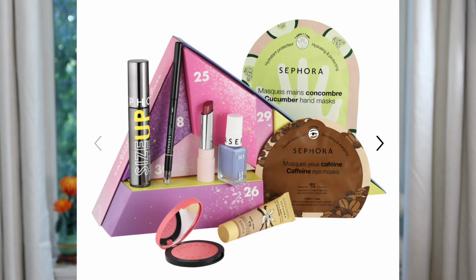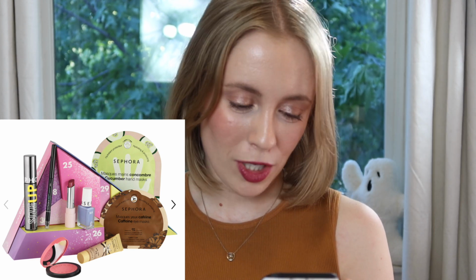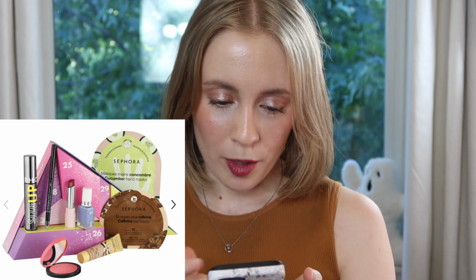It retails for $35. 6 out of the 8 products are standard size items, they say, and then it also, of course, has to come with some single-use masks. There's a cucumber hand mask and a caffeine eye mask. So those you'll just get one use out of. But it also comes with a blush in 06 Flirted Up, which is